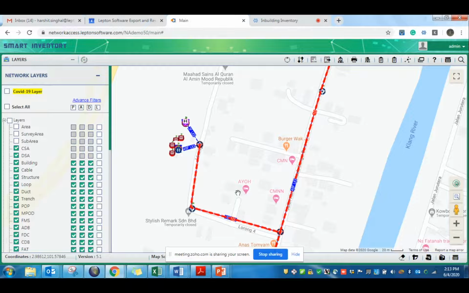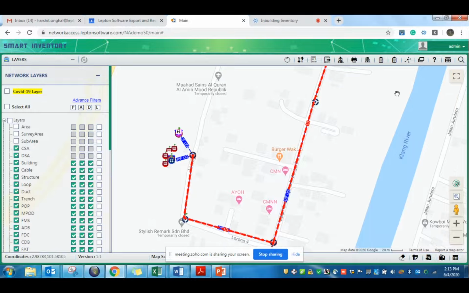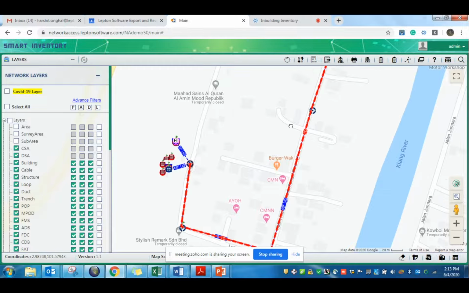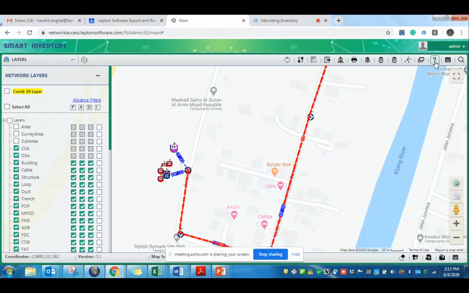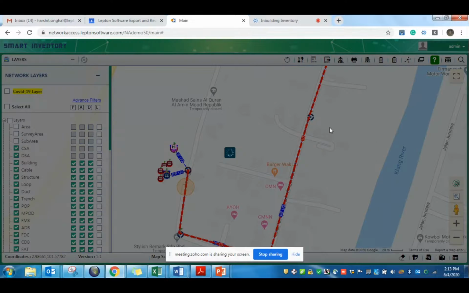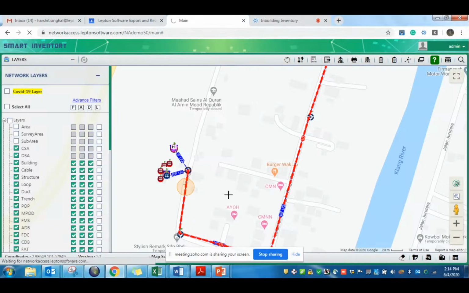Thank you, Mansoor. In continuation of that in-building inventory, on my screen you can see there's an existing network, a brownfield network that is already present on the map. If I just want to get the information of this network, I can see that all the civil elements, the cables, the equipment, all the things are already placed over this map. Now I want to